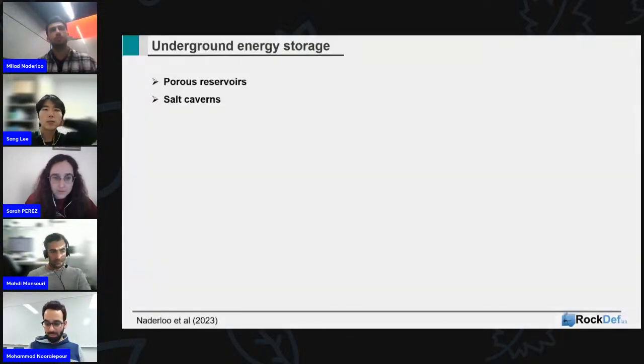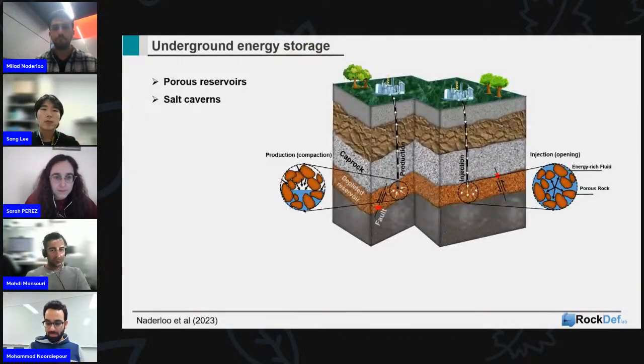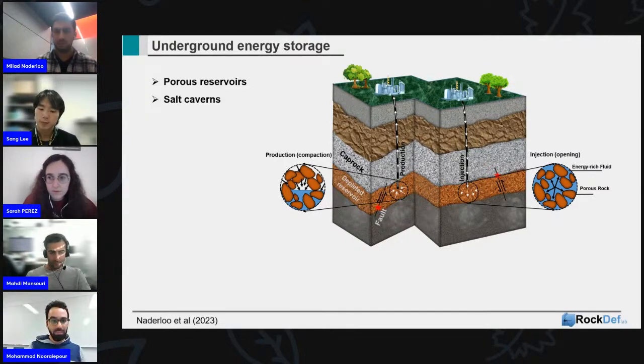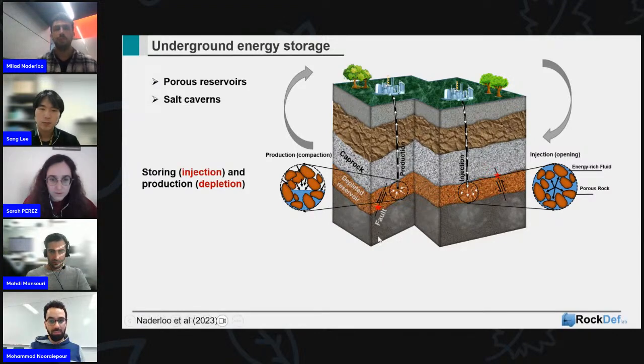So the geoscientists proposed that we can use subsurface, we can use depleted gas reservoirs, we can use salt caverns to store energy there. We can store compressed air. We are thinking about storing hydrogen there, using it for geothermal purposes, and previously we used it successfully for gas storage. So this is one of the solutions that we can store at large scale, but it's not easy, because what is happening when we are using our depleted gas reservoir as an energy storage? We are injecting when we need that, and taking it out.